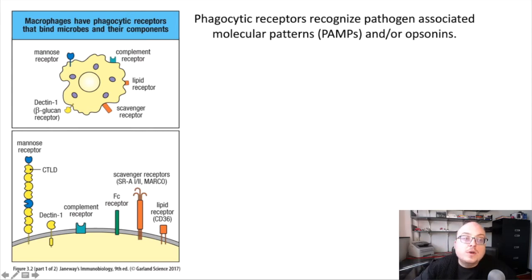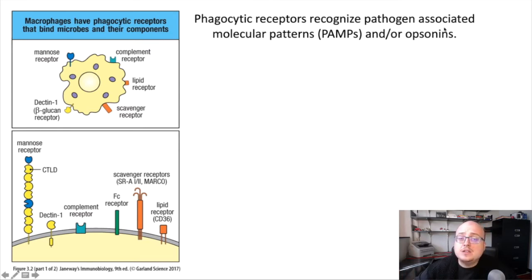All of these cells have the ability to bind microbes and internalize them through the process of cellular eating, or phagocytosis. And what this figure is showing you is that macrophages and other phagocytes are coated with a number of receptors which allow them to recognize pathogens in a very effective way. These receptors recognize two major classes of molecules. One are molecules that we call pathogen-associated molecular patterns, or PAMPs. And remember, these were those molecular shapes associated with pathogens that identify them as non-self entities to our cells. So they include things like mannose, which we've seen in the complement system, that is carbohydrate residues that are associated with yeast and bacteria, but not with our own mammalian cells.